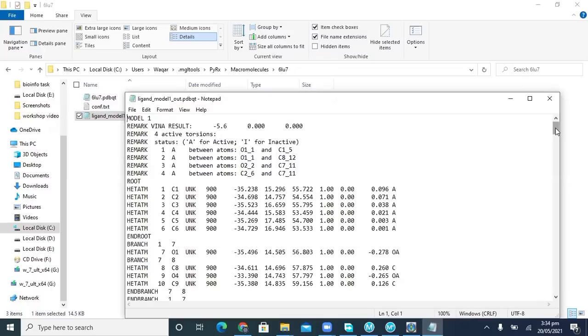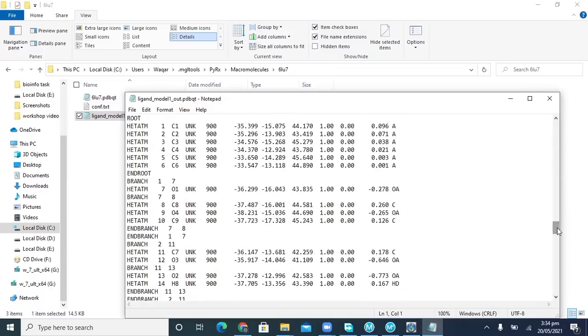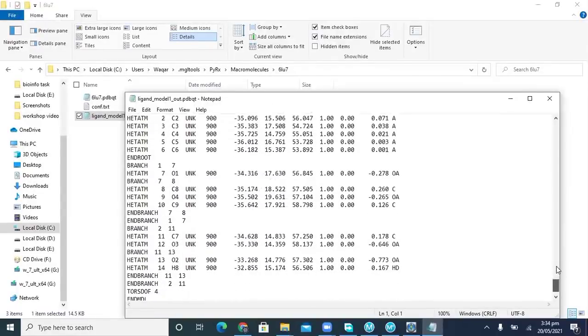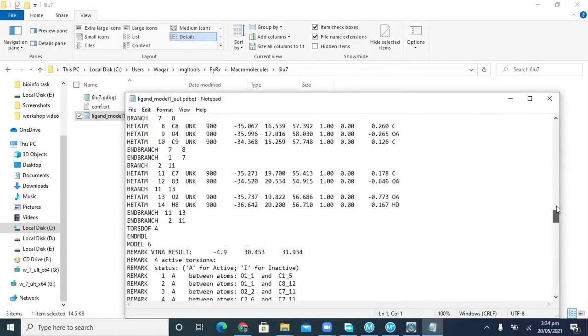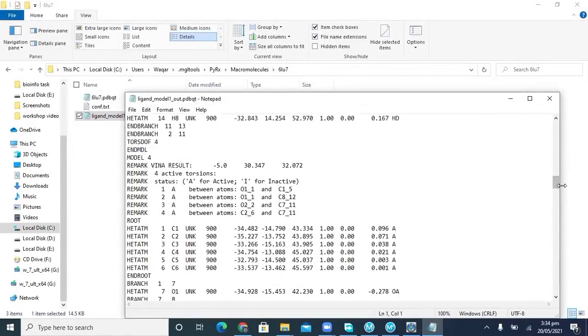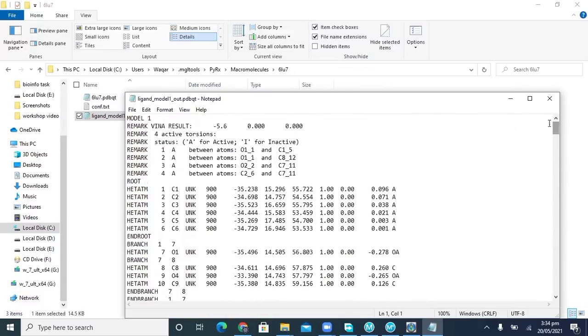So this will show 10 models. These are the 10 models that are best, formed by showing the best binding energy. So we mostly choose the first model because the first model always has the best value of the binding energy.